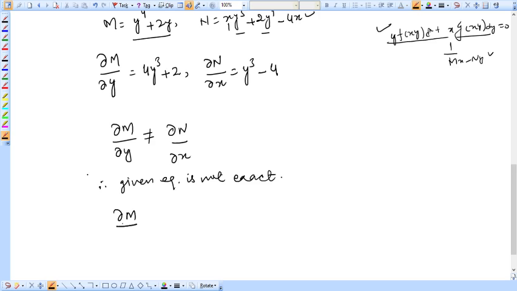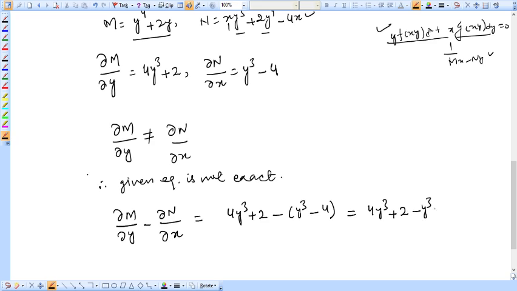For rule number 3 we will have to find the difference between ∂M/∂y minus ∂N/∂x, then divide it by N. For rule number 3, it would be equal to 4y cube plus 2 minus y cube minus 4, which is equal to 4y cube plus 2 minus y cube plus 4, which is equal to 3y cube plus 6. Okay, now let us divide